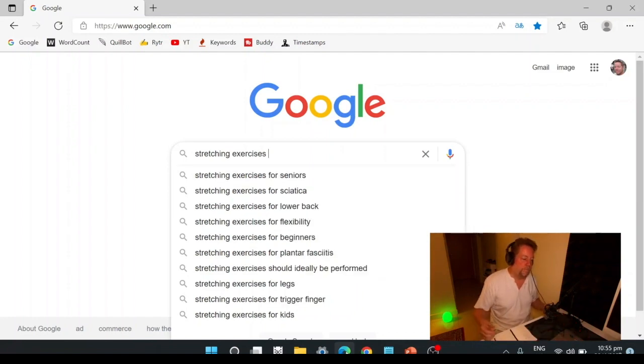So here we go, stretching exercises, and look at all the different examples and ideas they give you. These are real terms and phrases that people are searching for. This is why they show up on this list, because they're popular, and it's what people are interested in now. So it should give you some ideas.